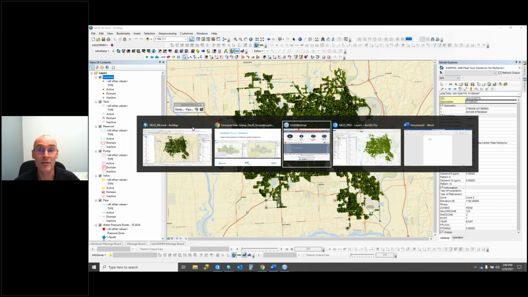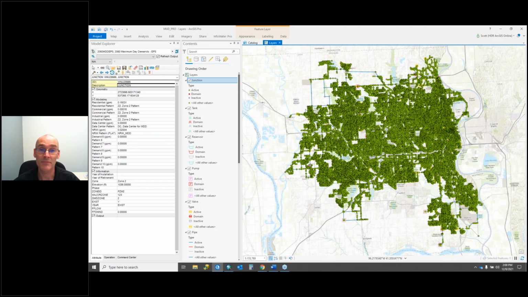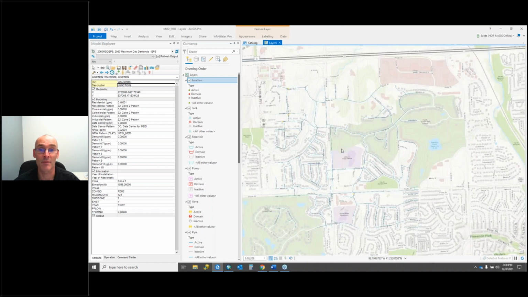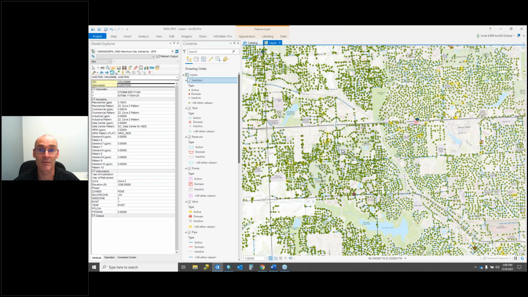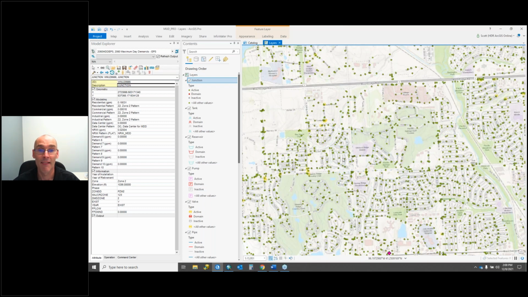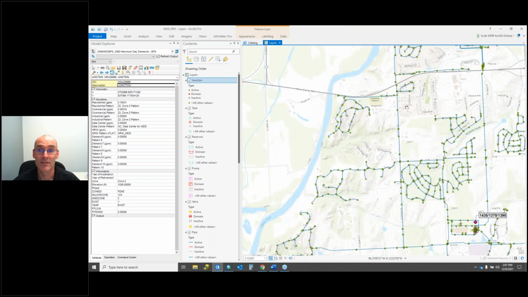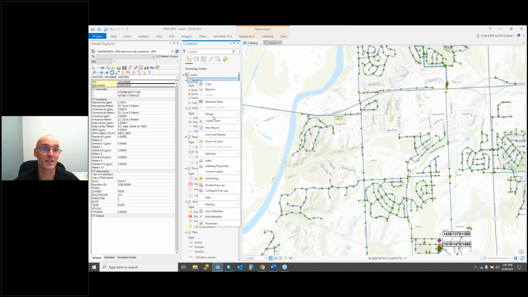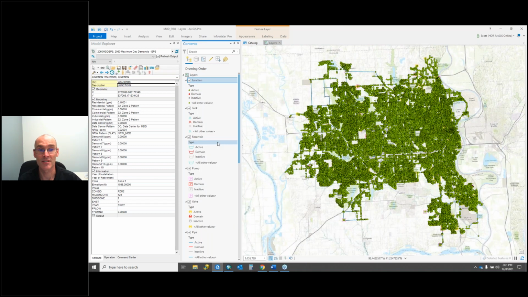So now what I want to do is let's switch to Pro. This is the same model in Pro, and I'll just zoom in, and I think you can see right off the bat there's a significant difference. It still has to catch up, but it's considerably quicker. And then, zooming around, panning around, and here's where I think you'll see the most significant difference, once I go to the zoom layer. See that's almost instantaneous. So a significant advantage there, especially when you're talking about a 100,000 pipe model